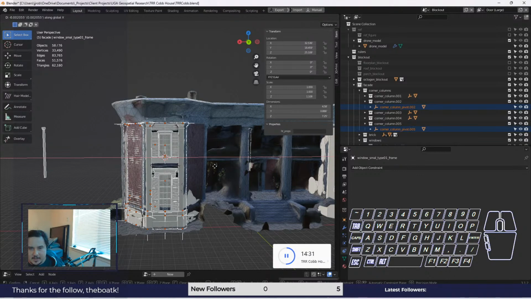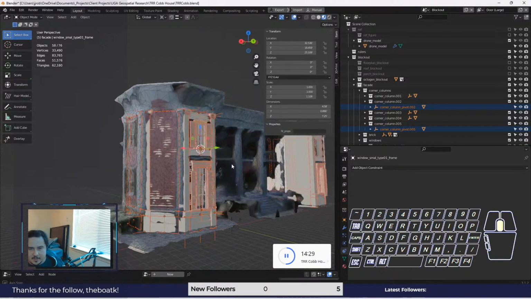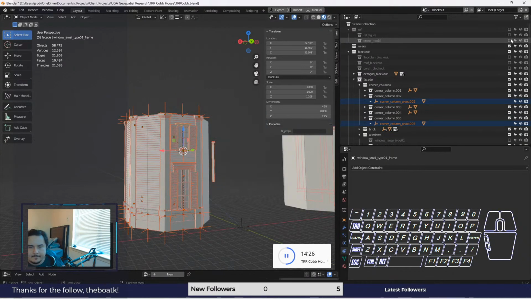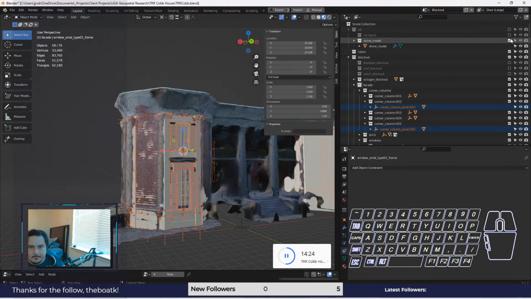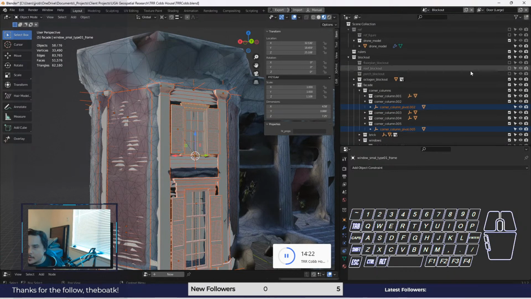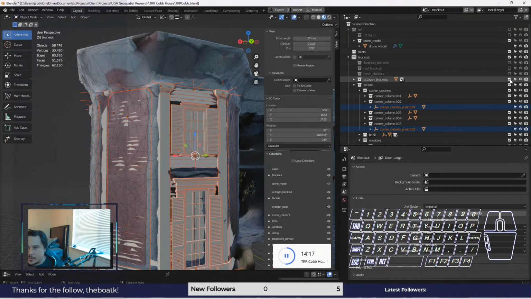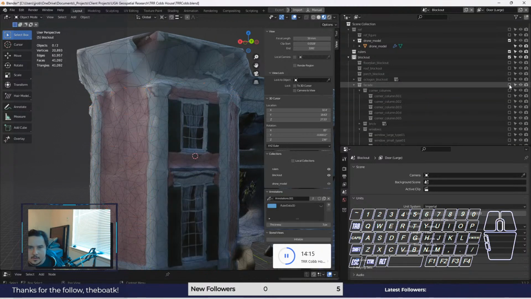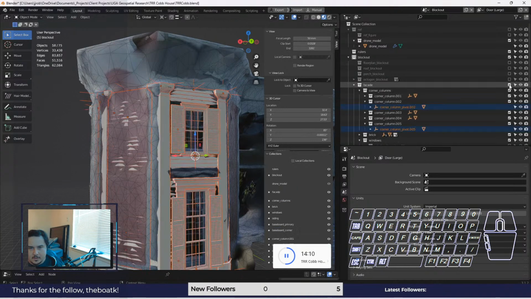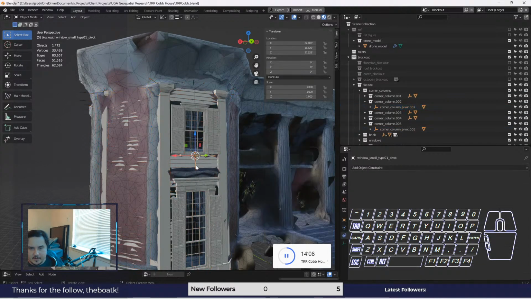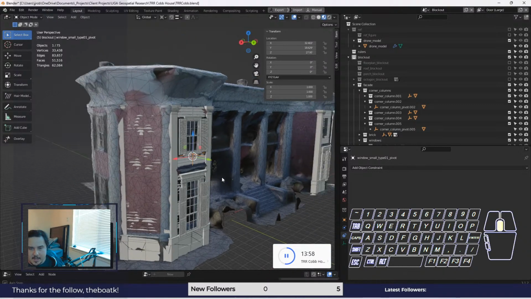Yeah. Something like so. And I moved it down too far. This isn't up high enough, I think. Okay, something like that. And then